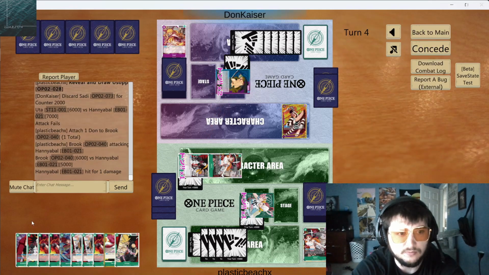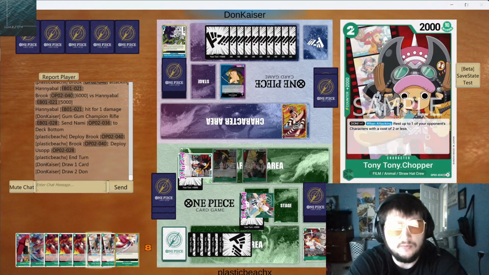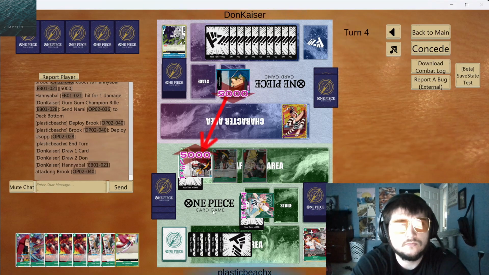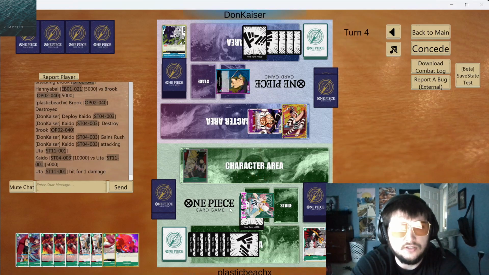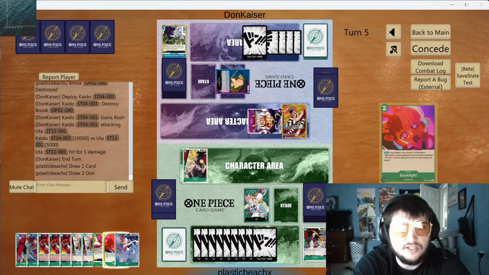Swing 6, and then play Brook Usopp. Kills my Nami with the Champion Rifle card. I'm gonna go 5 into the Brook. Dies. Yeah, I can't afford to save that kind of stuff with all 2Ks and a Kid. Gonna play 9 drop and KO my